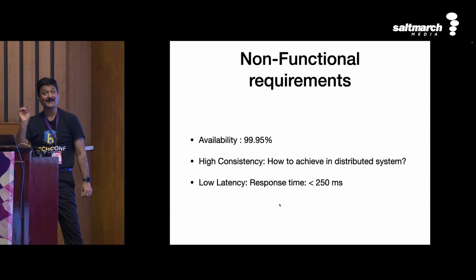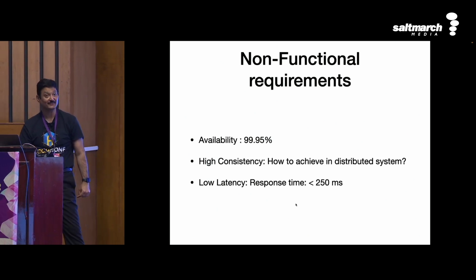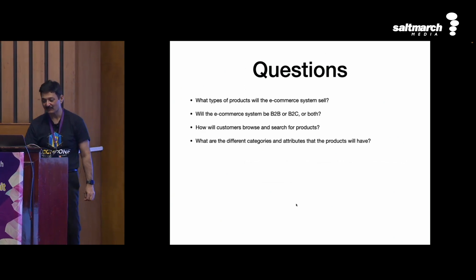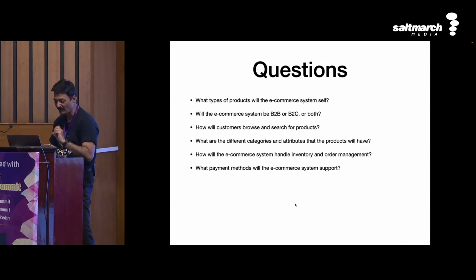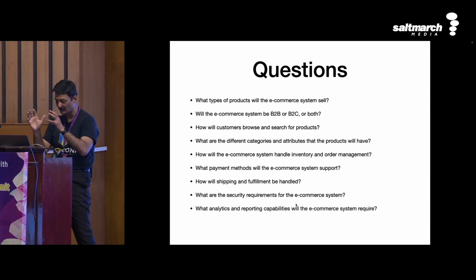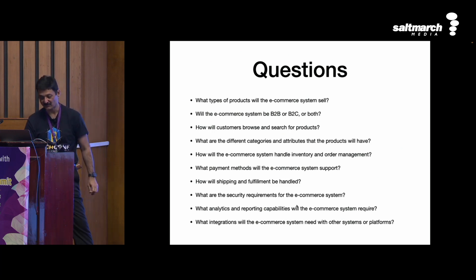So in that case, non-functional requirement, 99.95%. That means how to achieve in distributed system. That's a tough part. It's not that easy to do it. The questions are what type of system we are trying to do. What type of order management system is there. So I'm not going to go through the questions, but you can read it on your own. But the perspective is that these are the questions we should ask. As a freebie, I'm just giving like what questions you need to ask when you're trying to build system like